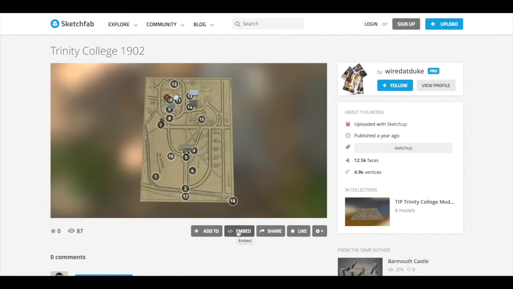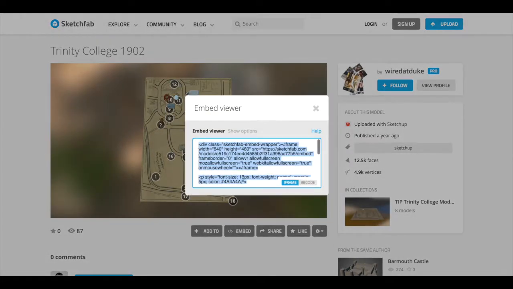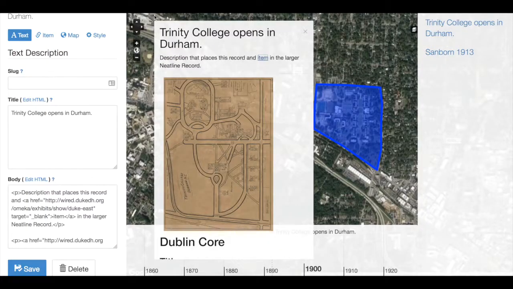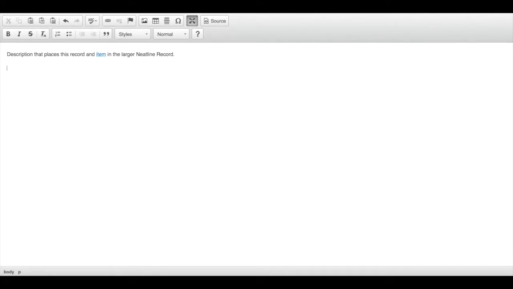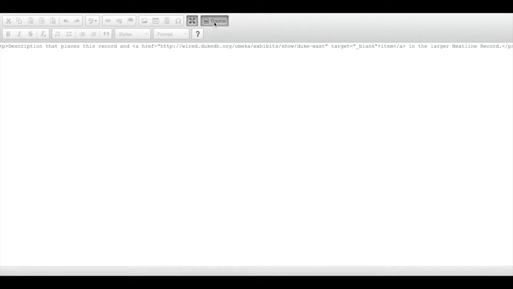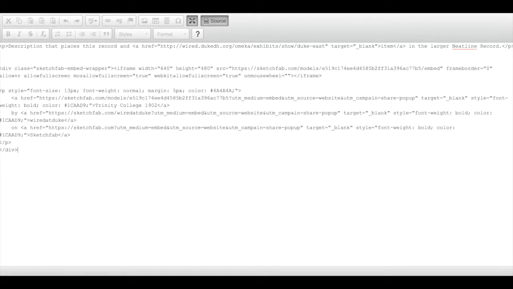I'm going to click on embed though here in Sketchfab, and I need to copy all of this code found in the embed viewer, and returning to edit HTML, I could paste this in here, but I'm also wanting to remove my image, so I'm going to select the image here and delete. And this time I do need to go into this source editor, and on a new line